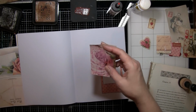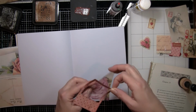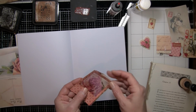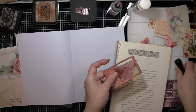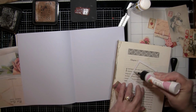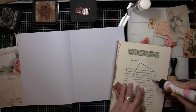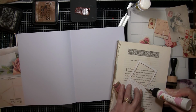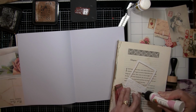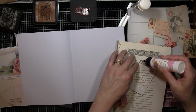And then I cut this out of my 1891 Digi. It's just transparency paper. Just cut the rows out, and we'll just kind of do this. And I've done this before too with that kind of glittery paper that I did. So I'm just going to put this on here. You can print anything on transparency paper and then do this. So this is a really easy, fun way to make a pocket instead of using these as they're intended for